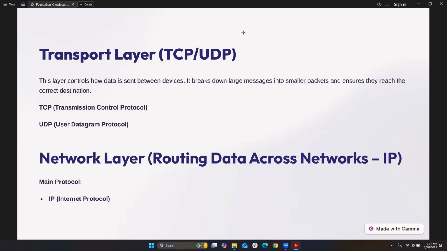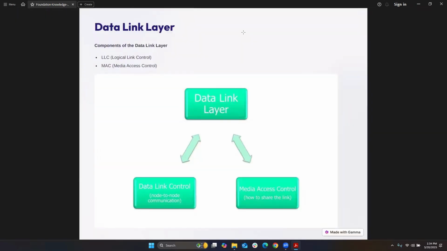And then let's look at the other layer, which is the data link layer. This is the layer that physically transmits data over wired or wireless networks. The function of the data link layer is to convert data into signals such as electrical, optical or radio waves. It also handles hardware components like network cables, Wi-Fi and fiber optics, and uses media access control addresses to identify devices within a local network. For example, when you connect to a Wi-Fi, the network access layer transmits the data using the radio